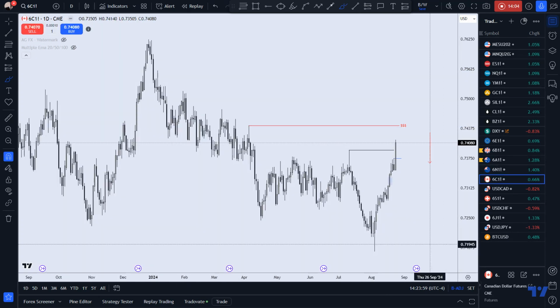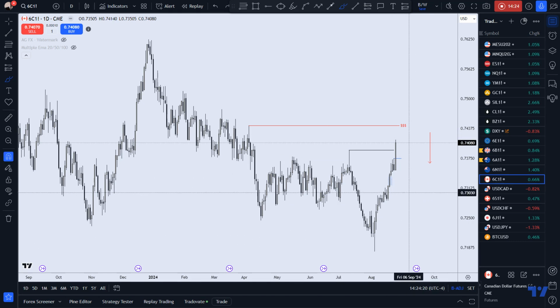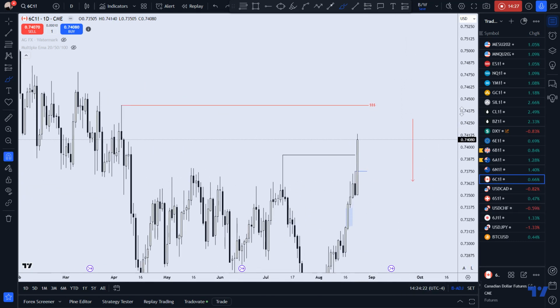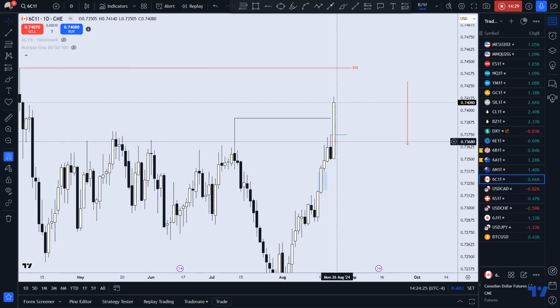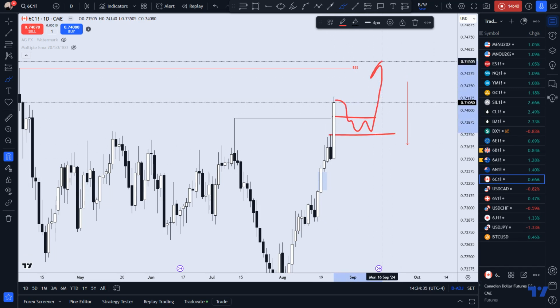Canadian dollar. You see that arrow? That's because it's reminding me that we just broke this consolidation here, closed above it. I'm looking for price to come back into this bullish leg of structure and find support. There's a line there, as you can see, like I did with the other pairs. I'm looking for price to form a fair value gap and come back into it before going higher.